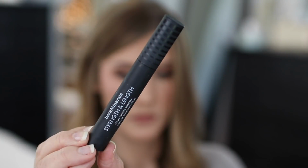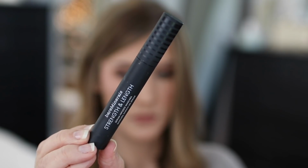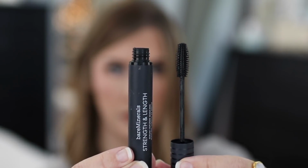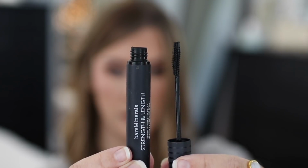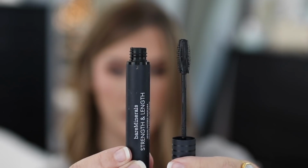So this first one is the Bare Minerals Strength and Length Serum Infused Mascara. This actually holds my curl and it's not a waterproof formula. It's got a really weird looking wand that's based on a paddle hairbrush. I can build a lot of volume and length without even wiggling the brush back and forth like you usually